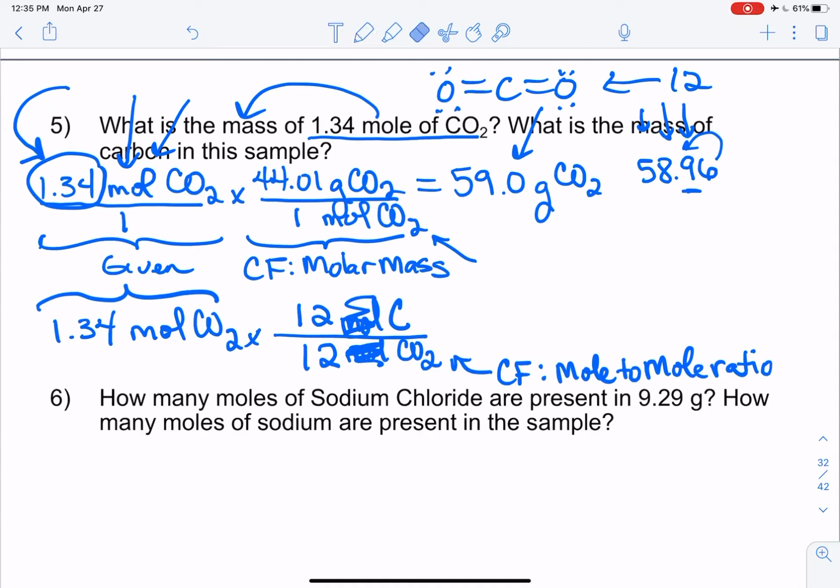Okay, so now I've got to erase that and go back to, if you have a mole of carbon dioxide, which is just a quantity, like 1 of them or a dozen of them or a gross of them, in every 1 mole of carbon dioxide, you're going to have 1 mole of carbon. Okay, and again, put your finger over the mole and mole, and you'll see that the relationship will make sense. Okay, so now we've canceled out moles of carbon dioxide,